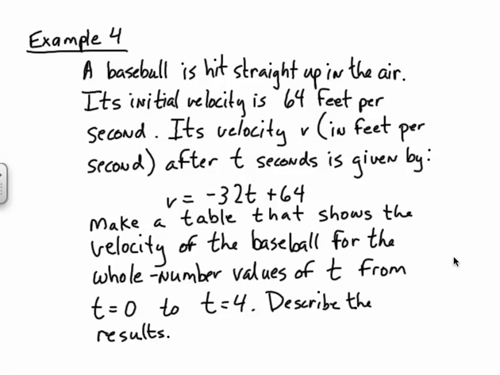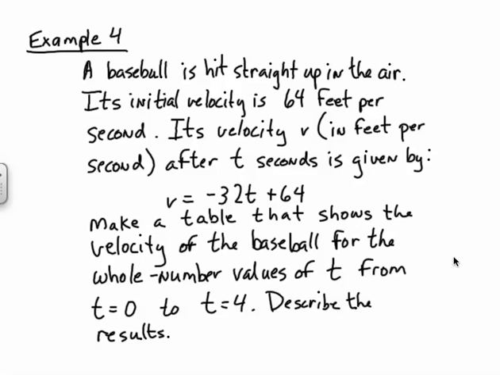Okay, now, guys, for example number 4 here in this compound inequality section, they've got us a real life situation here, a little physics it looks like. So example 4 says a baseball is hit straight up in the air. Okay, its initial velocity is 64 feet per second. Its velocity, v, in feet per second, after t seconds, is given by the formula v equals negative 32t plus